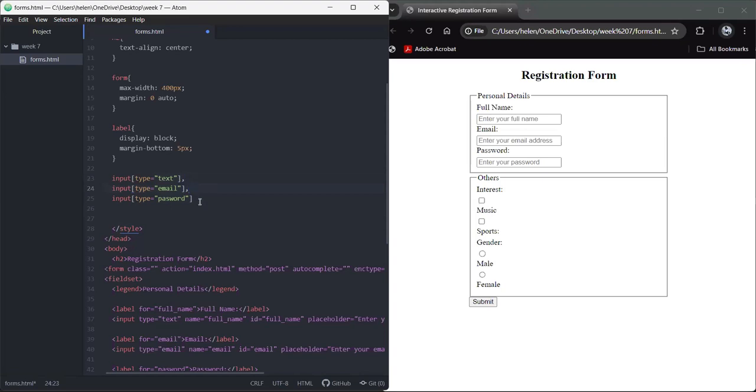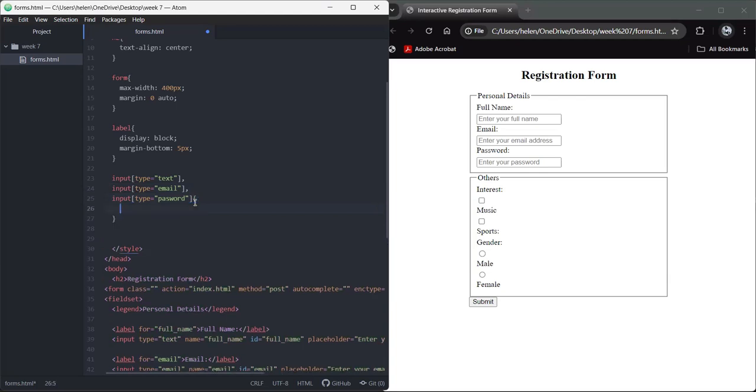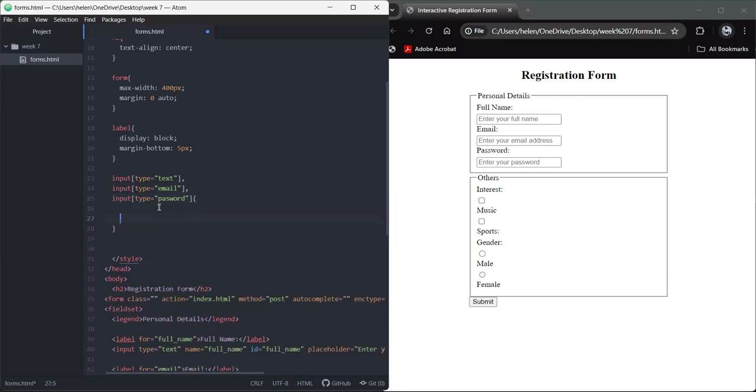If we had input types like select or textarea, you can also add them here too as well. You just specify the name. You just type select, or you use the textarea name just for text. You just include the elements as well. So these are what I want to apply styles to. And we'll start with